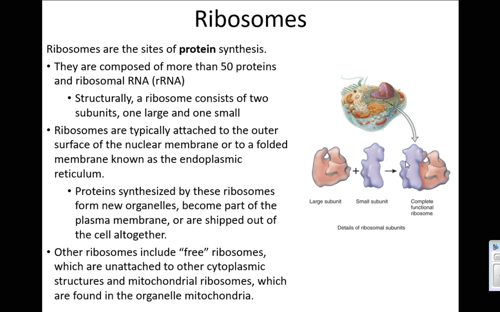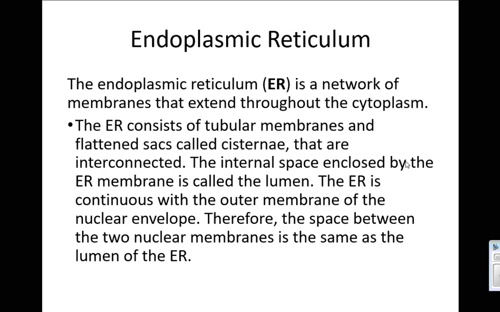We also find ribosomes just floating around the cytoplasm. We call those free ribosomes. We find them inside of our mitochondria. We call those mitochondrial ribosomes. We'll see that here in a couple of slides. But the primary place we find them is attached to our next organelle, which is called the endoplasmic reticulum,